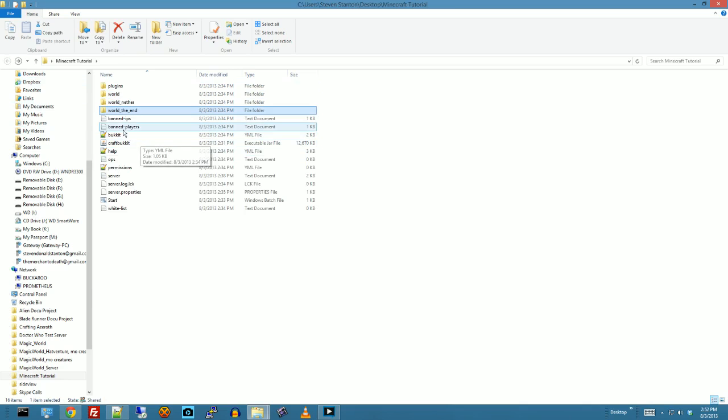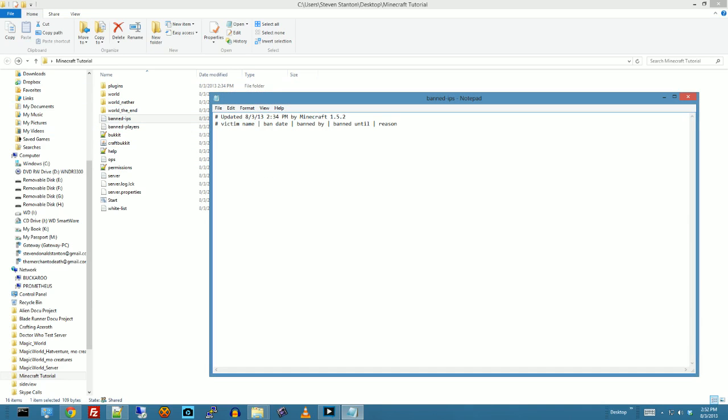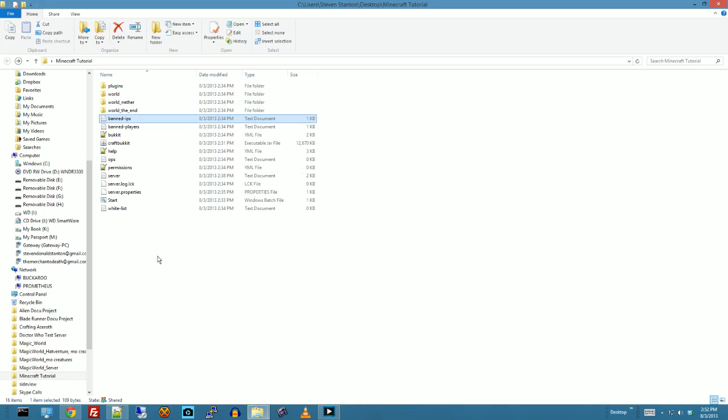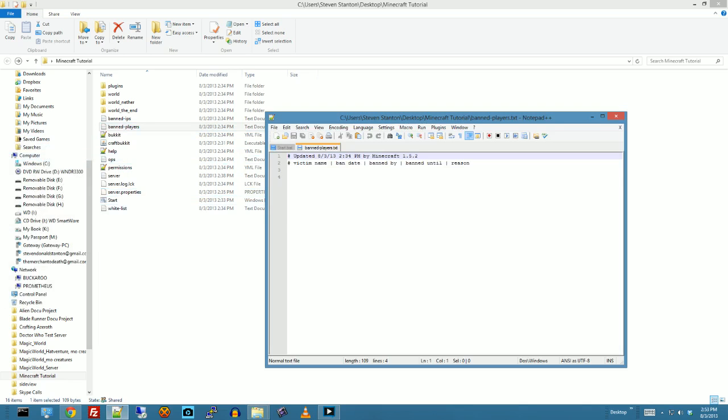So coming down here, banned IPs, pretty straightforward. In here you would just put in an IP number and it will ban that person, and then they won't be able to get on your server ever. It's good to have an IP ban in case you have somebody who's using multiple accounts and they're coming from the same computer, but you've banned one name that they are under, and then they've got another name and another name. But normally you just ban people by putting their name in here in the ban,